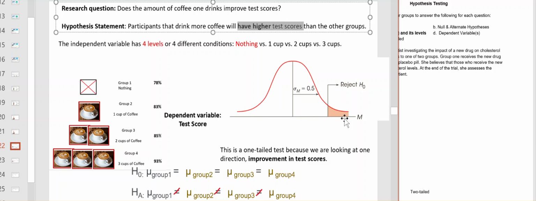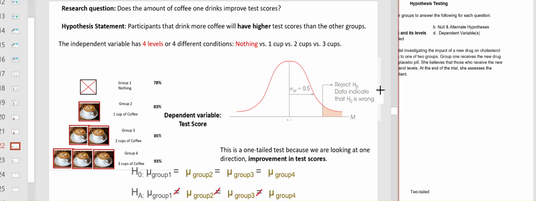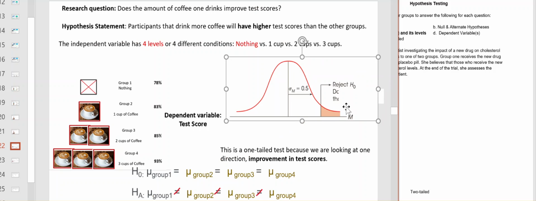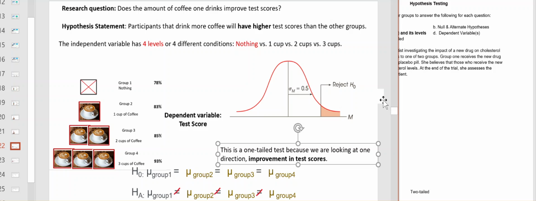So we're going to put all of our support into this hypothesis, which is what we looked at before, which was a one-tailed test. In a one-tailed test, well, we haven't talked about one-tailed tests just yet, but what I will say is that we have talked about the idea that if we have a score, where our score lies in comparison to the mean. And if our score is significantly higher than the mean, then we score better than the rest of the people